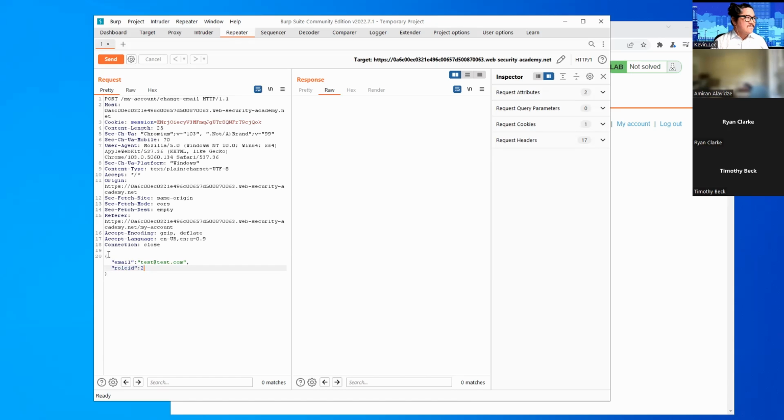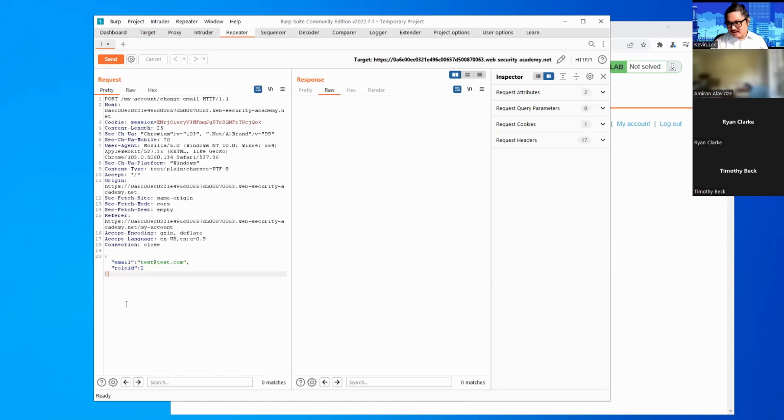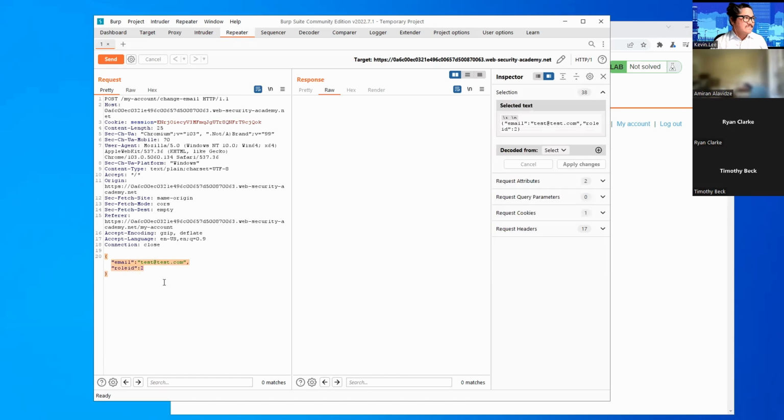So our modified request should look like this: email is test@test.com, comma, roleid, colon, 2, and roleid is wrapped in double quotes, just like this. Okay, everybody, after you've modified the request so that it looks like this, we're going to hit Send with the orange Send button over here.